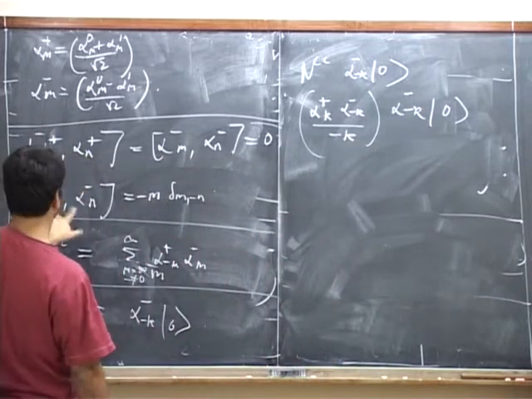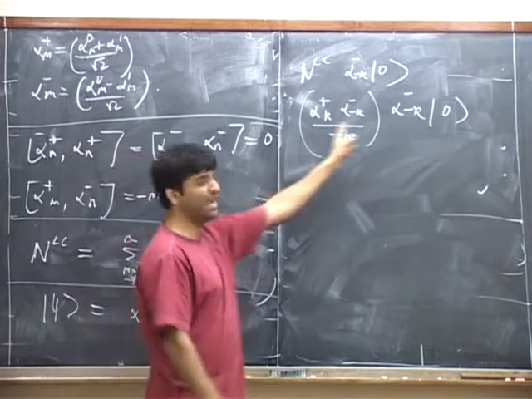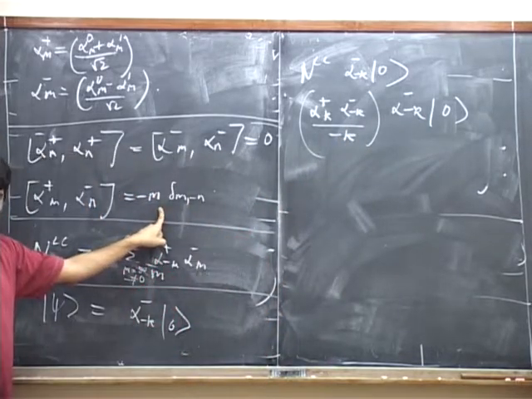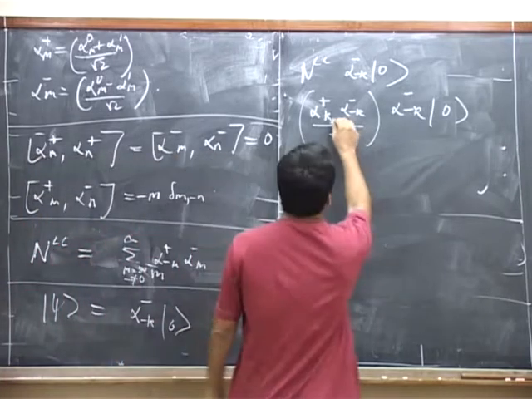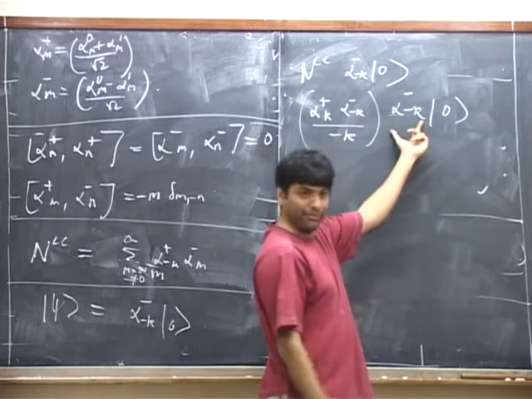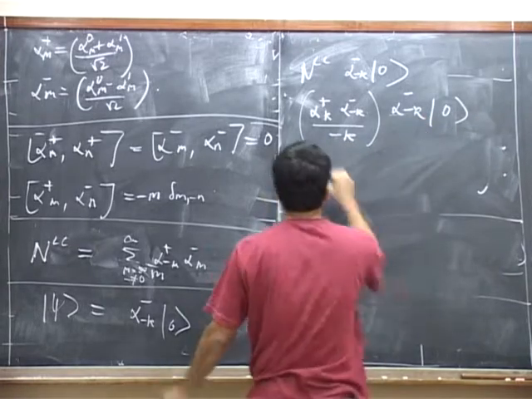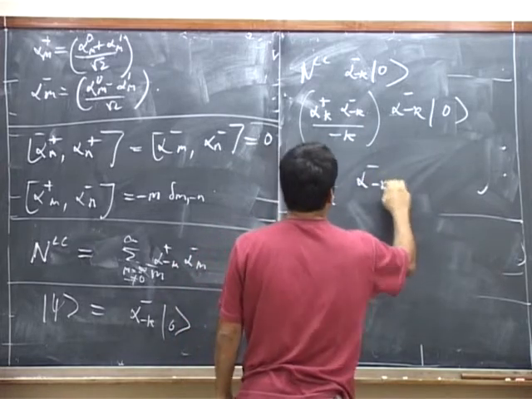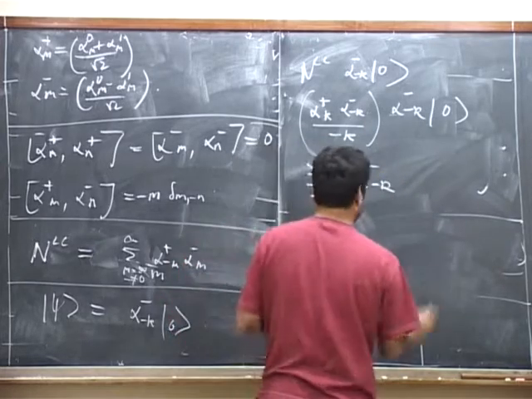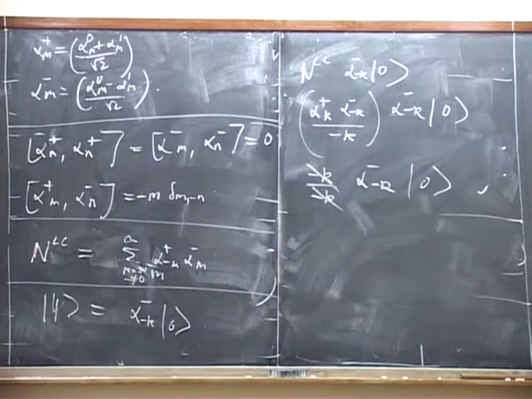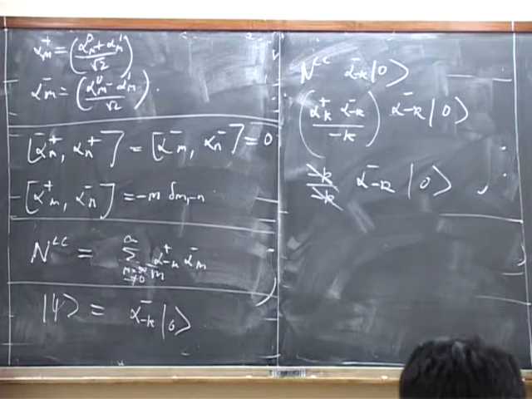Now, alpha plus k with alpha minus of minus k, according to this formula, gives a minus k, because this commutator has a minus. We take this through here, that makes no difference, and I get the vacuum up to the factor of the commutator. We get minus k divided by minus k, then alpha minus of minus k on 0. So this state had eigenvalue 1 under NLC. Is that clear?